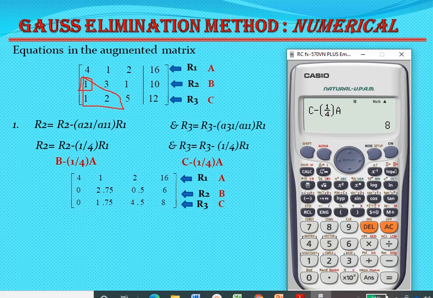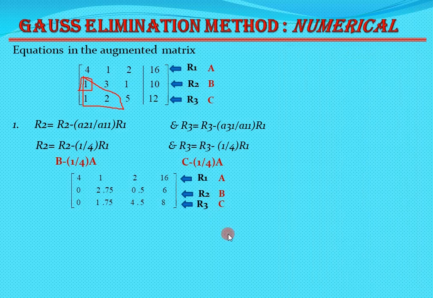Now as we have converted these two elements to 0, the remaining element we need to convert to 0 is present in row number 3. So again we have to apply the row transformation for the third row, and for the third row the pivot row is the second row, that is R2. So considering the second row we have to apply the row transformation. For the next step we write R3 equals R3 minus A32 divided by A22 times R2. Here this is the A32 value and this is the A22 value.